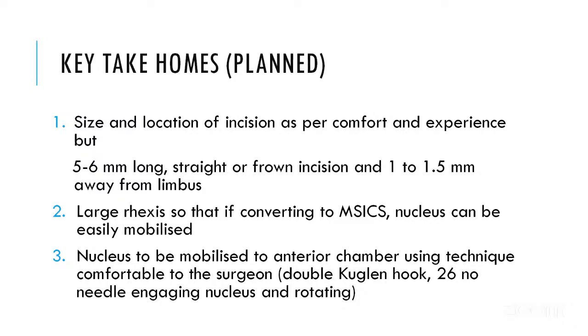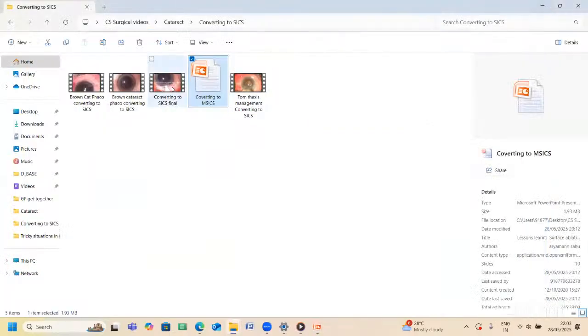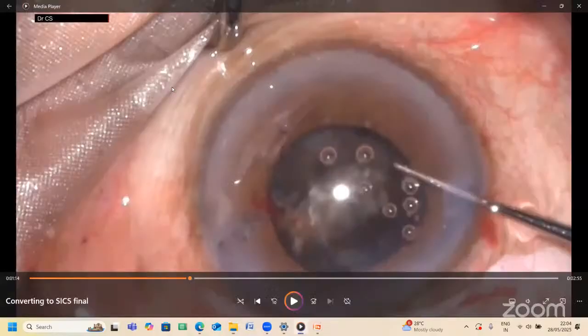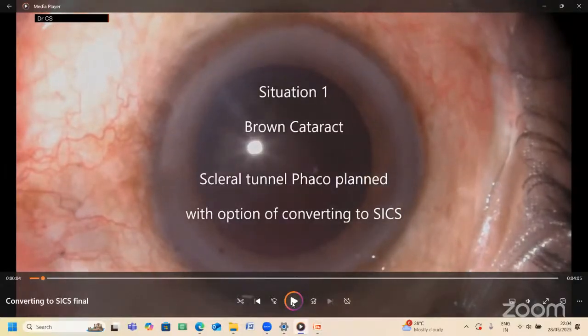Now, I'll just jump to the video out here. I would be keeping it brief. There are two videos. The first is a case where this is a brown black cataract, and when I deal with such cases, the temptation,